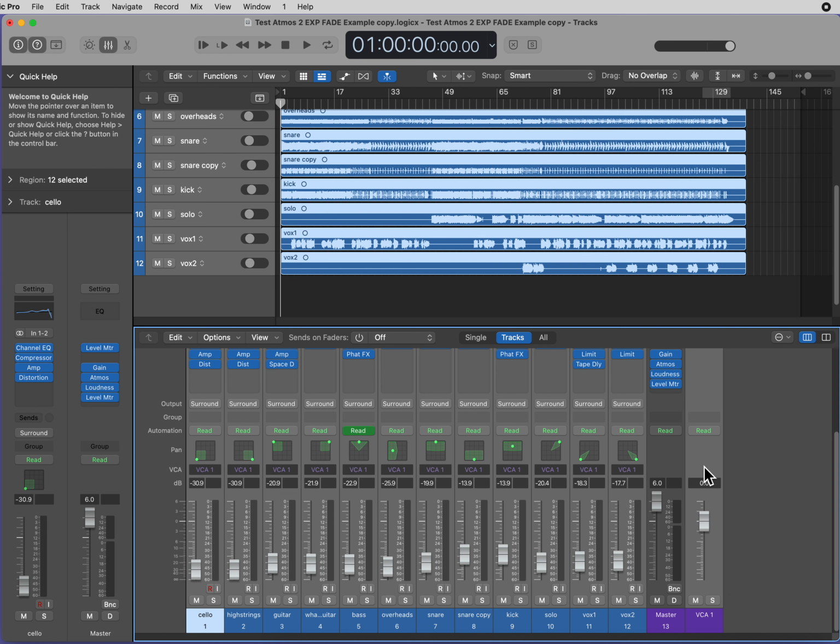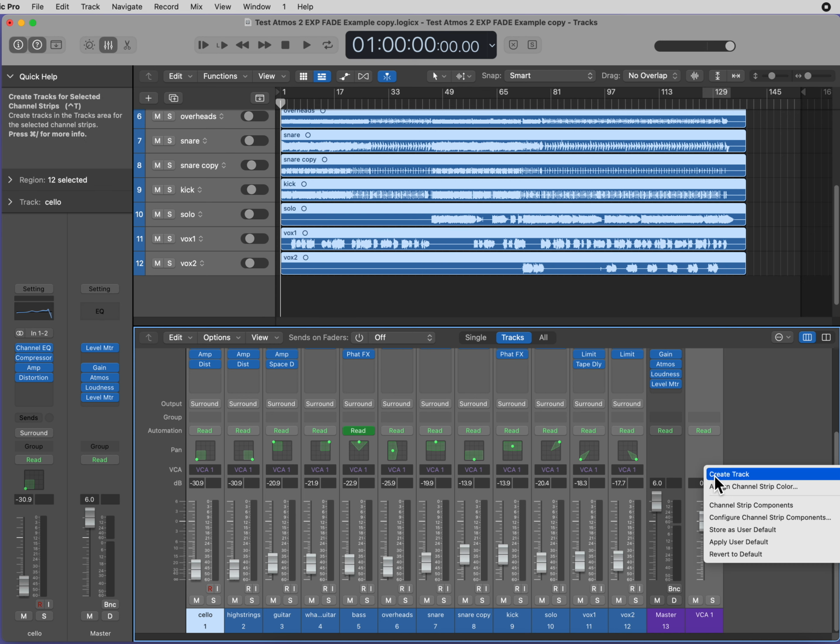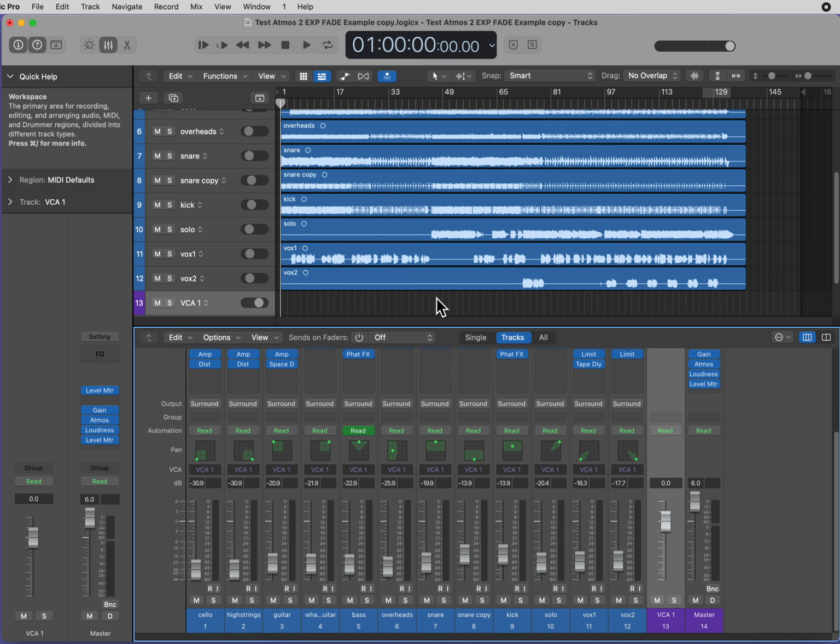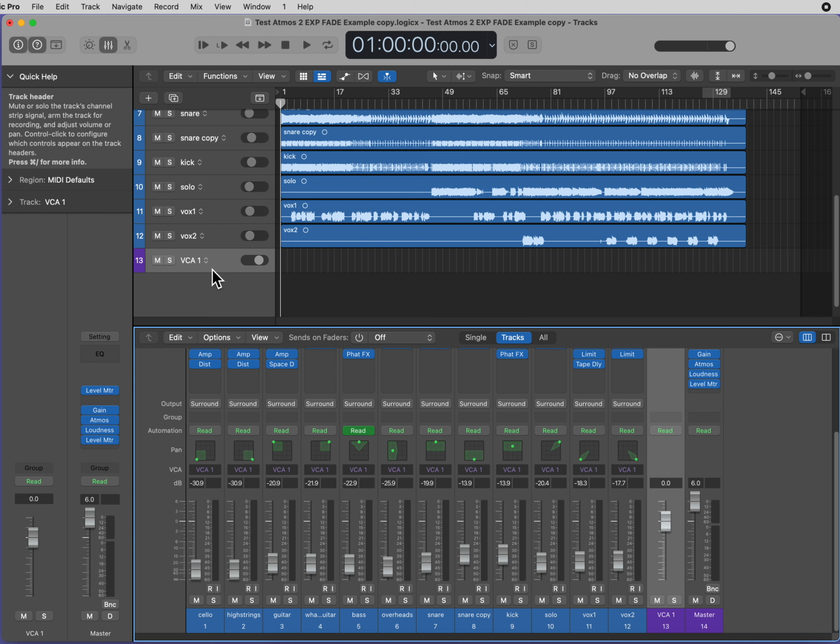What I want you to do now is right above the volume display in the VCA fader, right click, go to Create Track. Now you'll see that a new track has been created with your other waveforms. It is the group fader for your VCA, your group track.